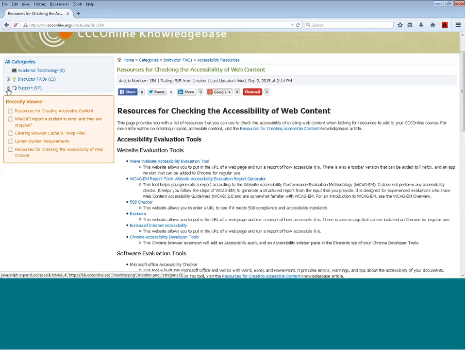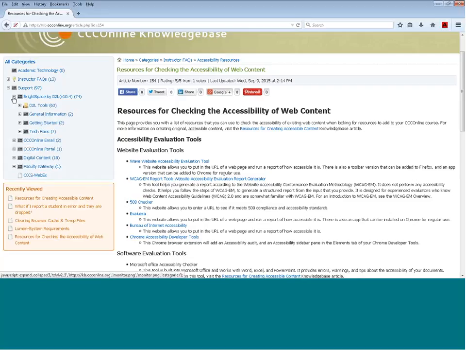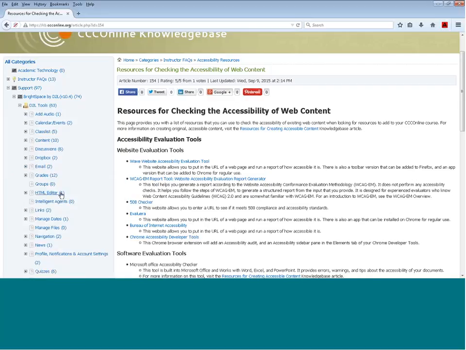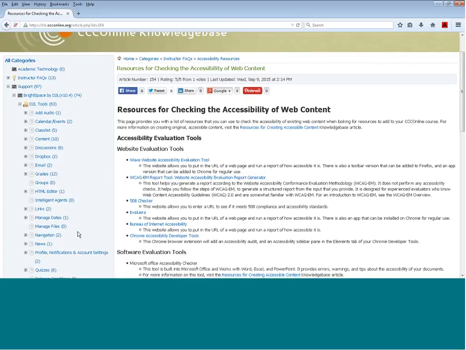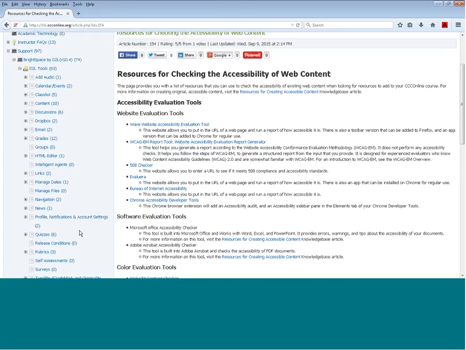Under support, there is content that can be utilized for both instructors and students, mainly under the digital content area. These are the subcategories under the available support that I mentioned earlier. Our D2L, our Brightspace by D2L, has 74 articles. If you expand, you'll see that there's information based on a lot of the tools. I know that Sean has spent this summer adding videos to these.